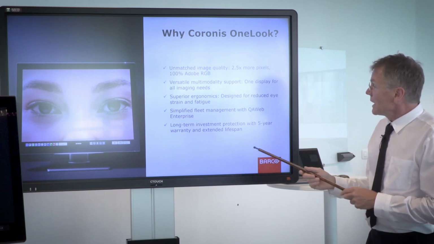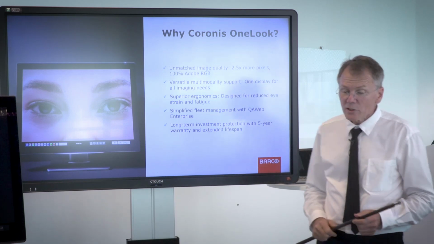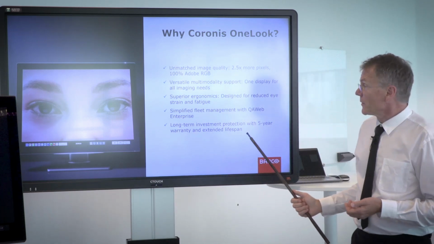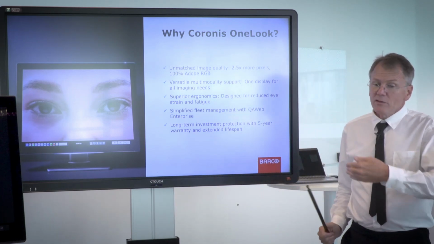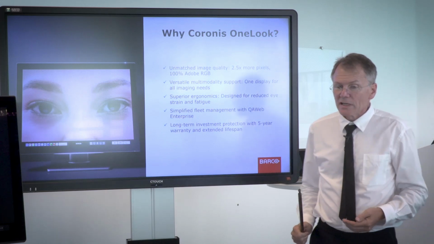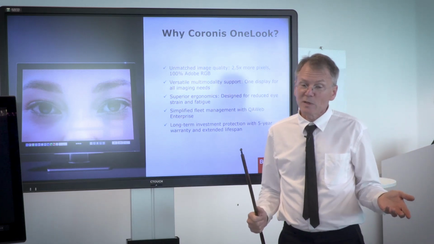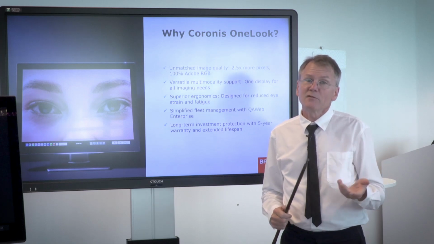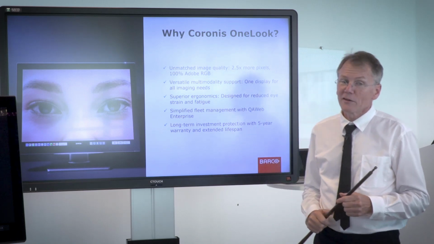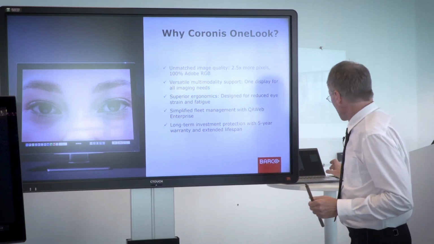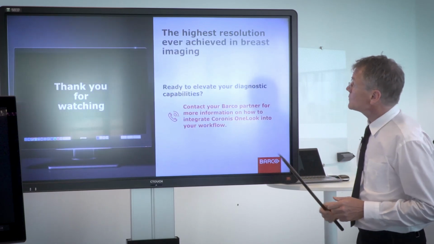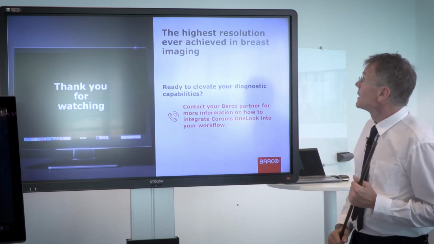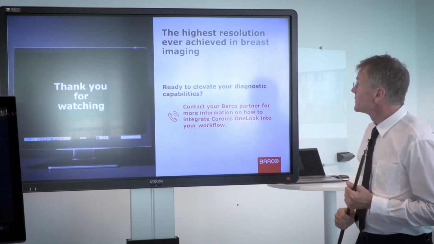Someone else remotely is checking it, and the policies are being inherited and they don't have to be fussing with it. And then I think as far as an investment goes, it is backed by a very strong warranty, 5 years, and this is available even in extra years of this. And I think the experience that most people would have had with the Barco displays is that they in fact last a fair bit longer than the warranty period.